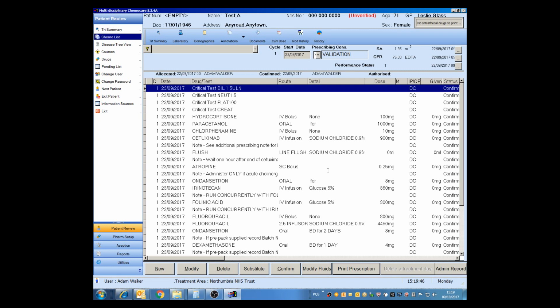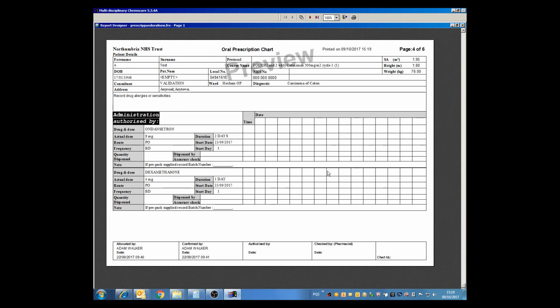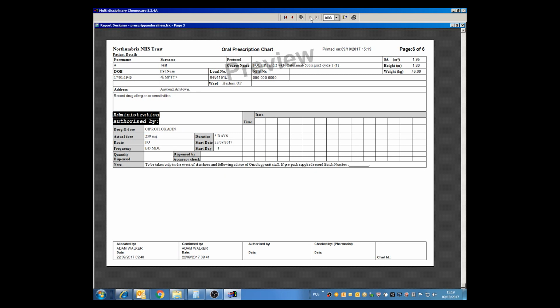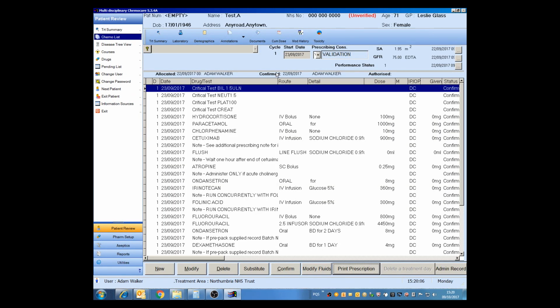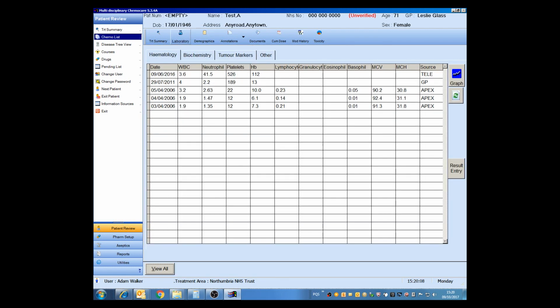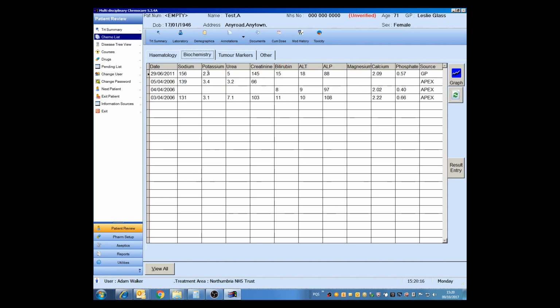And if you click the X in the corner, this will then load up the supportive medication and oral script, and this will contain all of the medication the patient needs to go home, so antiemetics, dexamethasone. If you move forward, you can see that there's also some loperamide there to support the patient through their treatment. You can see at the bottom of the script that there are allocated by and confirmed by signatures, and so this means that this is a signed prescription and we're fine to verify it as long as all the treatment